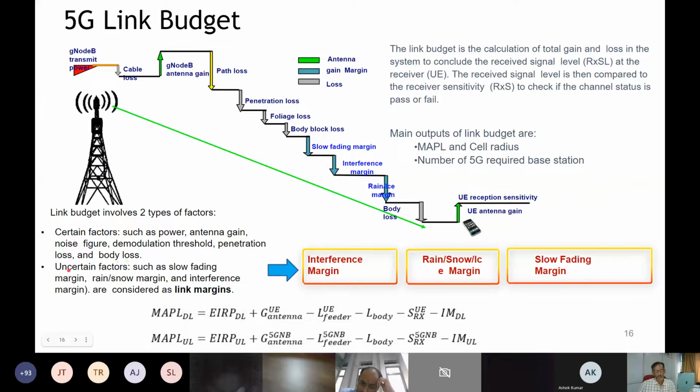Then you have unspecified margins, where we don't know for sure how much, but you know for sure that something will always be there. So these uncertain margins are also there, and certain factors are also there. Considering all the losses you encounter down the way, you need to beat the reception sensitivity level of the handset. That's your target. You need to reach a certain level, maybe 102 dBm, for example, in 2G, and 123 or something for 3G, and maybe in 4G it is slightly higher at 125, etc.